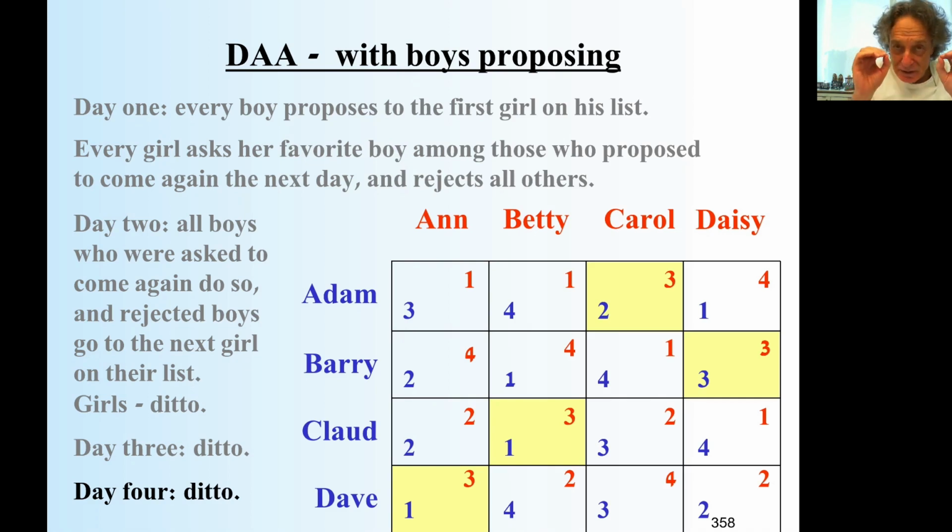Now, follow carefully. Is it possible that there are a boy and a girl who were not matched to each other, but they preferred each other? Let's say I'm Yair, and there is a girl, Alice. We were not matched together, but I prefer Alice to what I got, and she prefers me to what she got. That's impossible, because if I prefer Alice to what I got, by the algorithm I visited her.